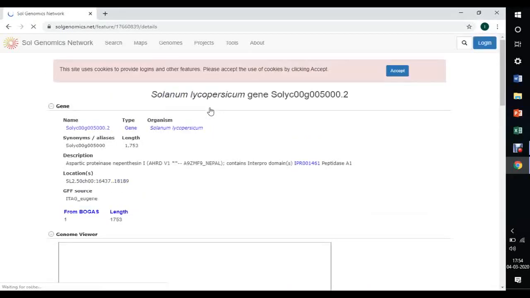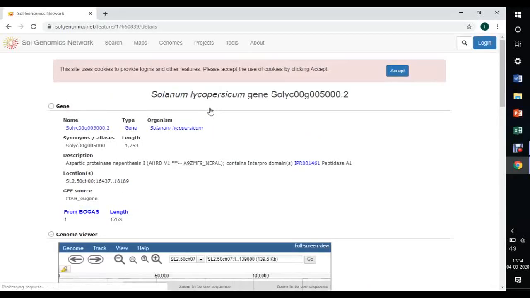You can see the details of that gene. For example, name, type, organism, synonyms, its length of the gene, description.